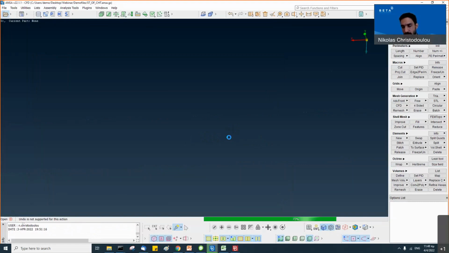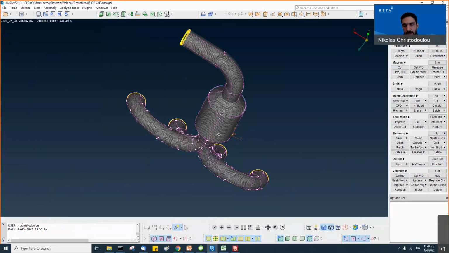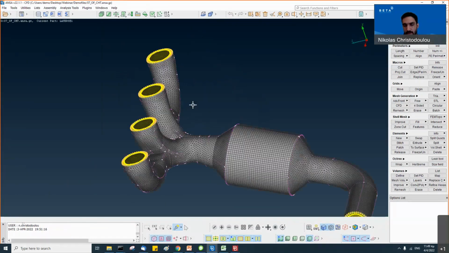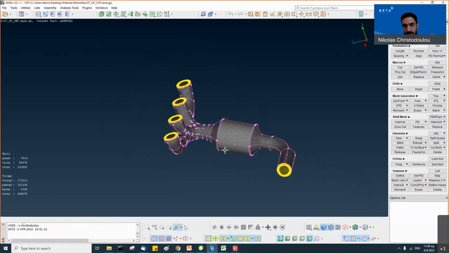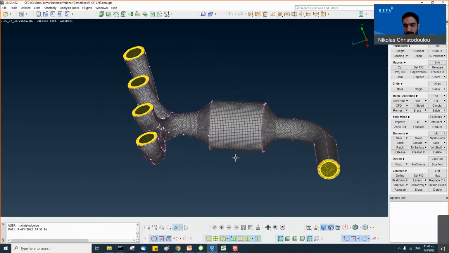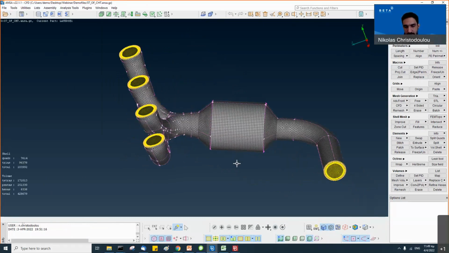In every version, we support more and more OpenFOAM functionality. We started with just setting up quickly an incompressible case, then we moved on to Y+, then we moved on to compressible and conjugate heat transfer, as you see here.